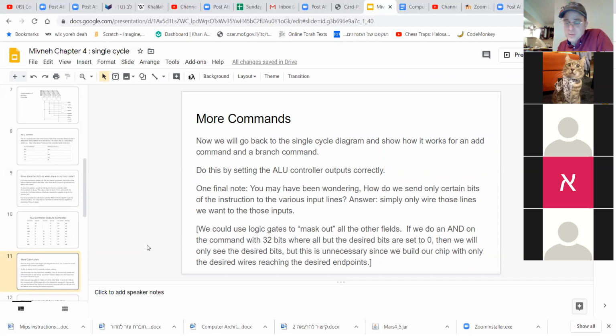If you are baffled, what did you mean when you said that all but the desired bits are set to 0? Can you explain that a bit? All but the desired bits are set to 0. In other words,